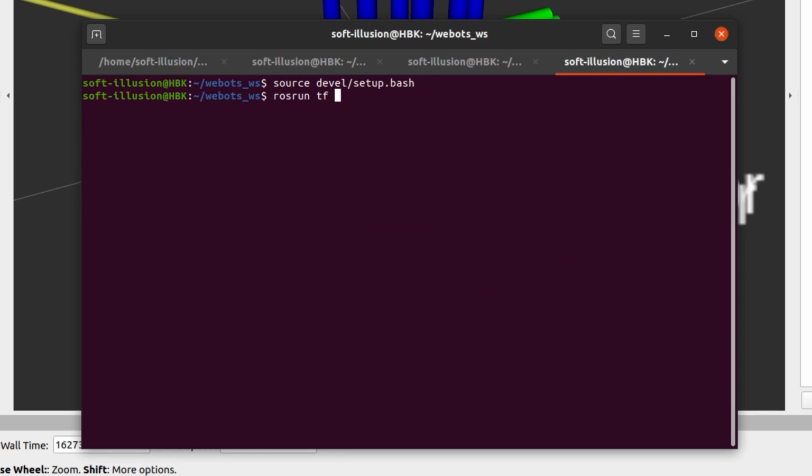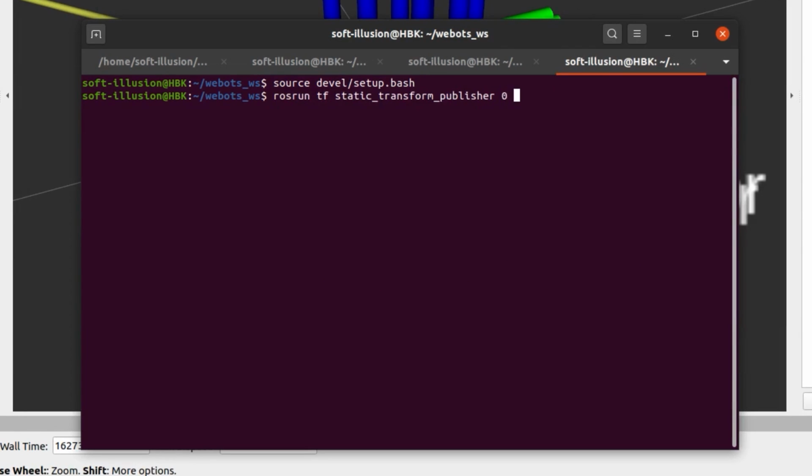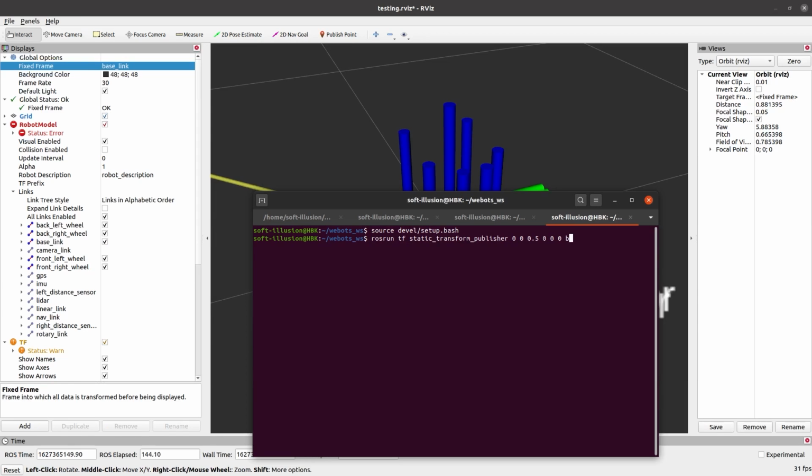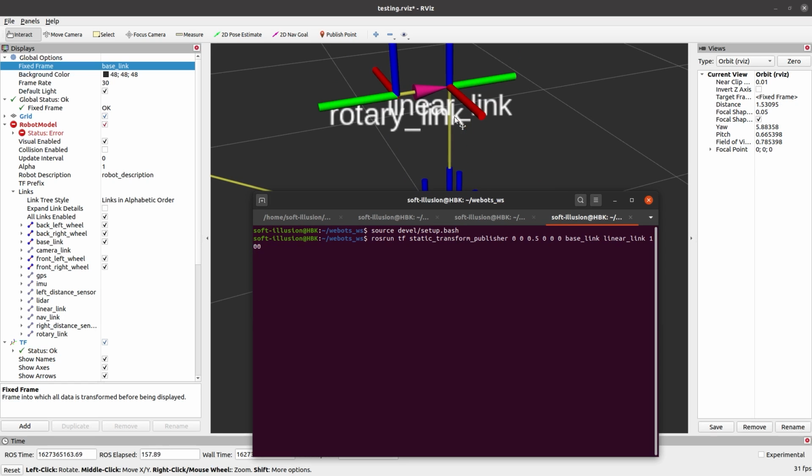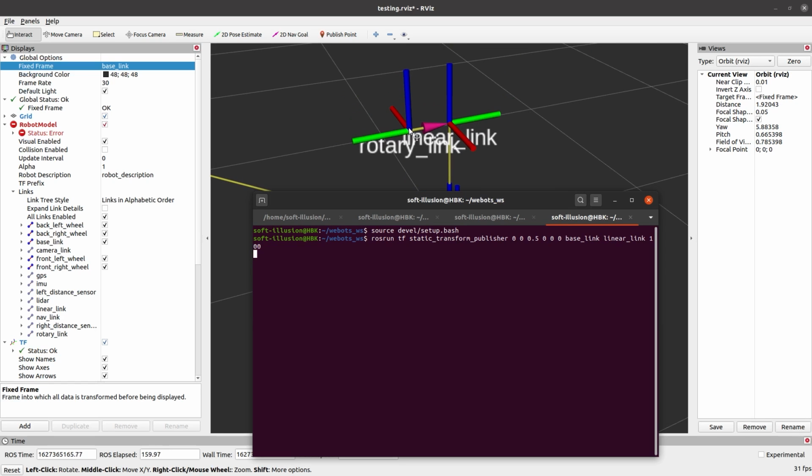So we do rosrun tf static_transform_publisher 0 0 0.5 0 0 0 base_link linear_link. This introduces this linear link here, and because the joint between the linear link and the rotary link is fixed, we also have the rotary link now.